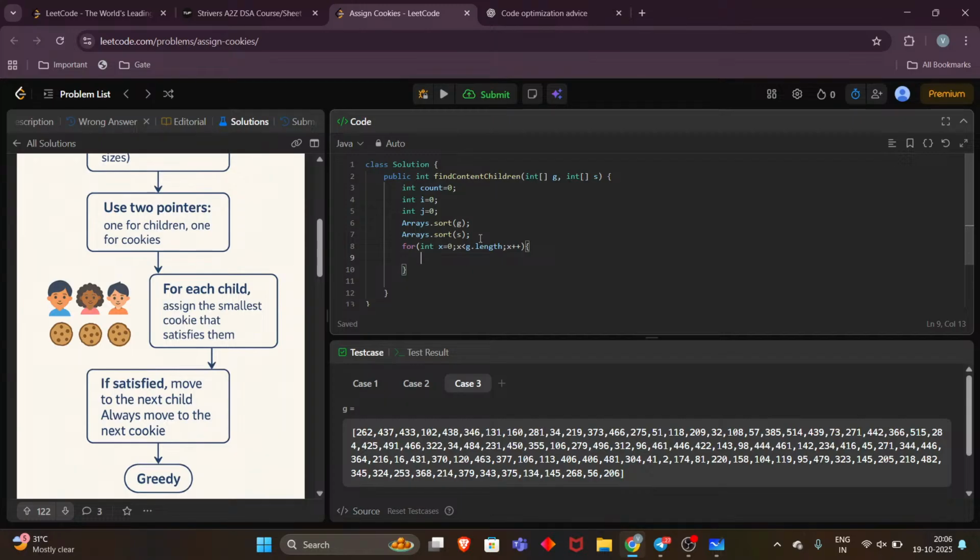Assign the smallest cookie that satisfies them. If g[x] minus s[x]